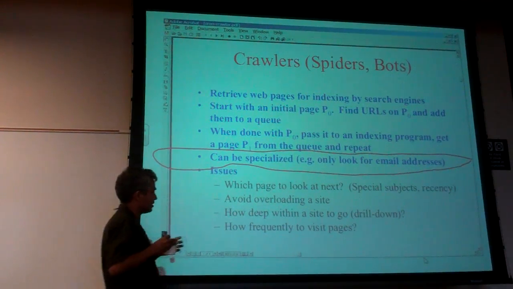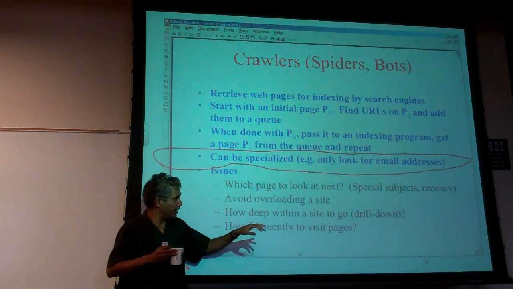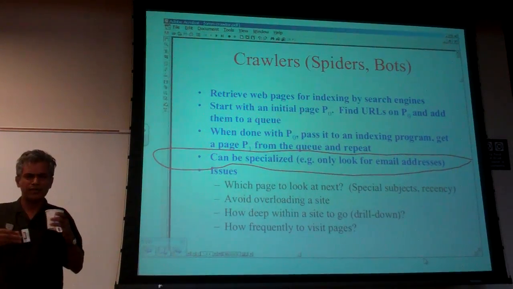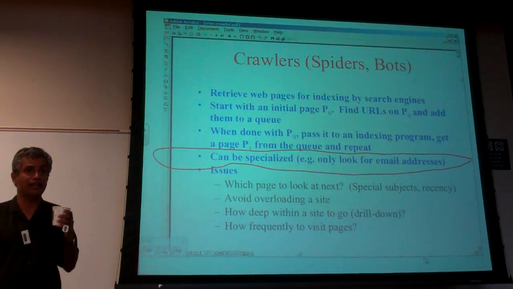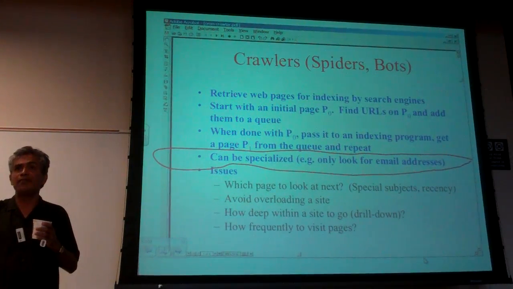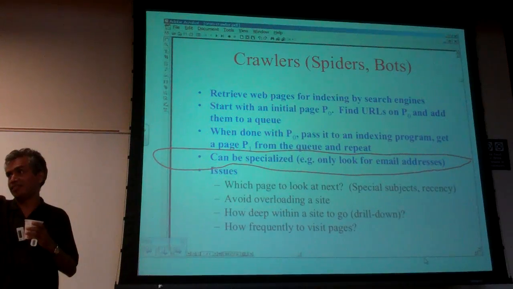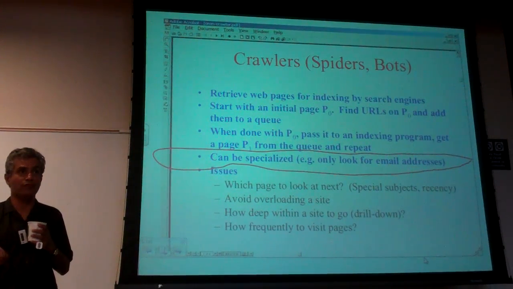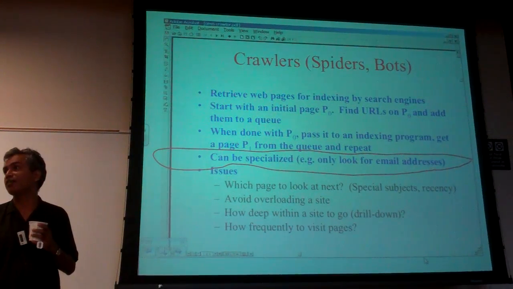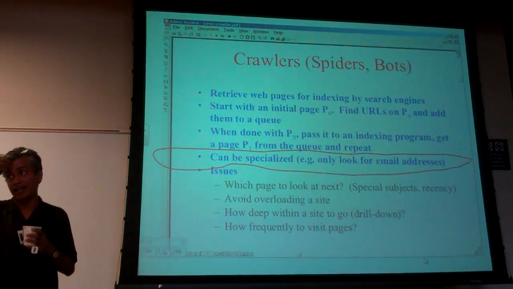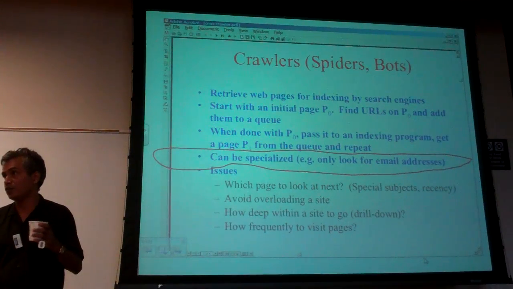And the other thing is how frequently to visit pages. There are many small issues which won't really require a humongous amount of discussion in a classroom, but they're still important. So for example, if a page sets up a very nice circular list of pages, would you just keep getting stuck in it? If you do depth-first crawling, then you will never come out of it. Now you can say, well, it's easy to not get stuck, but at the same time, that is something you need to take into account if you're writing a crawler.